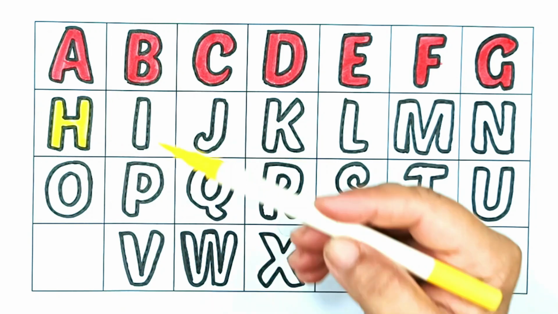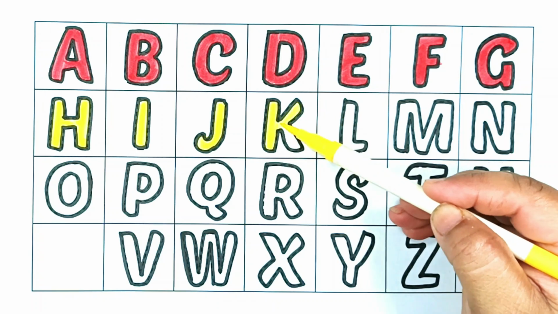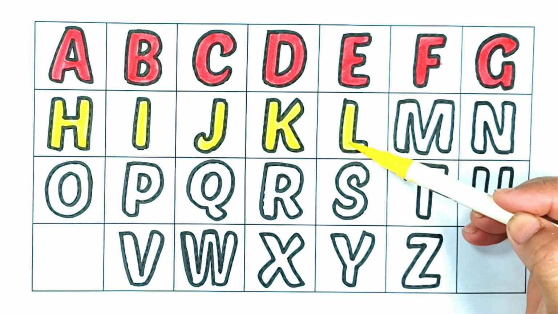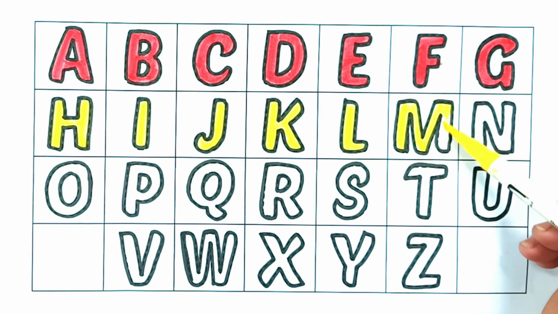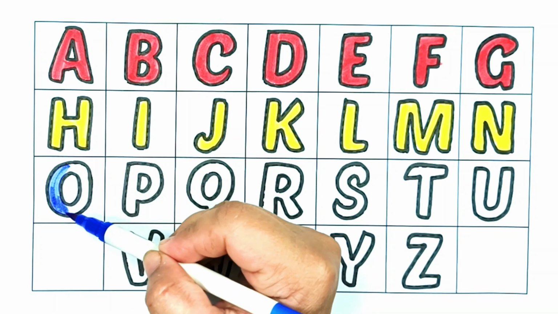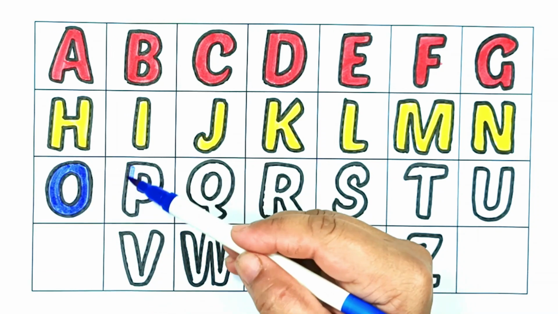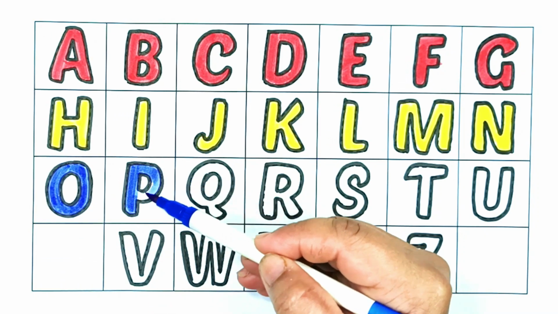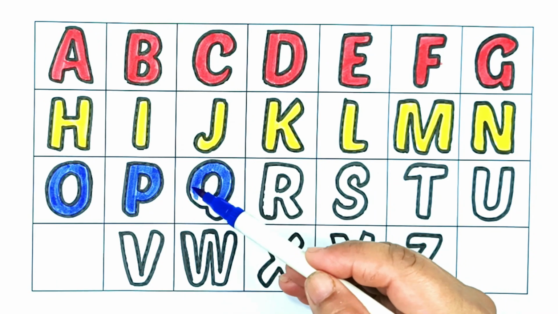igloo, J for jam, K for kite, L for lamb, M for man, N for net, O for onion, P for pen, Q for queen,